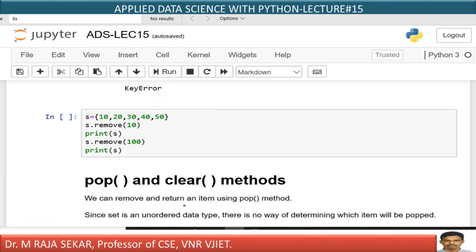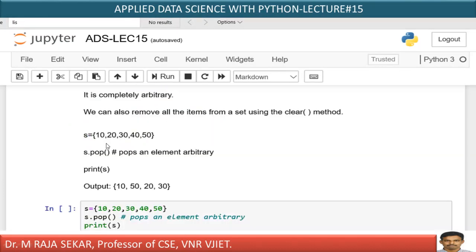We can remove and return an item using the pop method. How will it be? Just see. This is an unordered collection of elements, as I told you. S dot pop means it pops an element arbitrarily. It can choose some element arbitrarily and remove it. Just see, 10: yes, 10 is there. 20: yes, 20 is there. 30: yes, 30 is there. 40: yes, 40 is not there. 50.